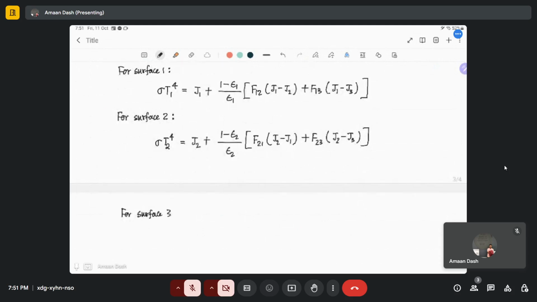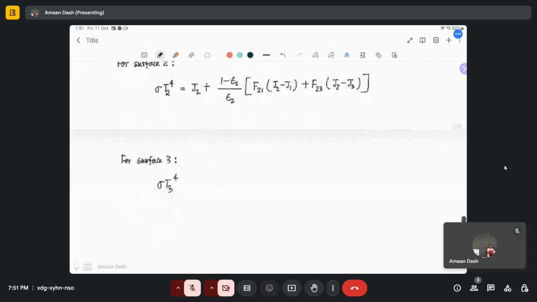So for that, we have to do the net balance of heat transfer. So that we can do. So let's start one by one. Like for the top surface, for surface 1, we can write sigma T to the power 4 is equal to